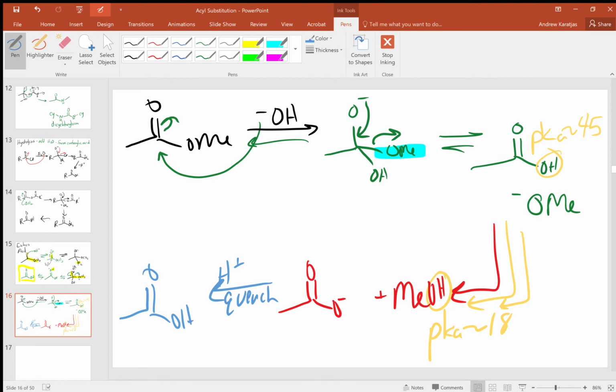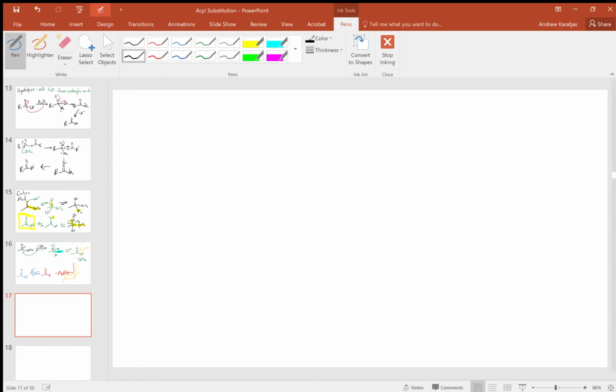Now, where might we see a reaction like this? Well, the answer is a lot of places, but maybe one of the best examples, and it turns out that this is such an important and common example that sometimes you actually see basic hydrolysis of an ester referred to as saponification. In saponification, which stands for soap making,